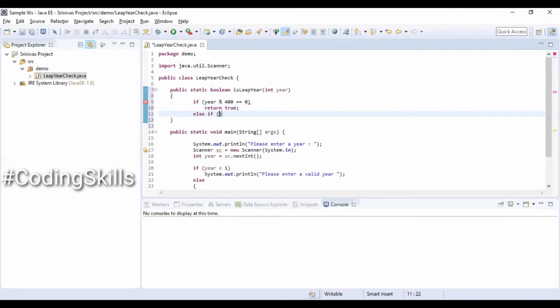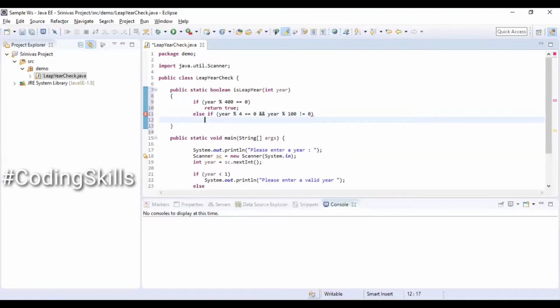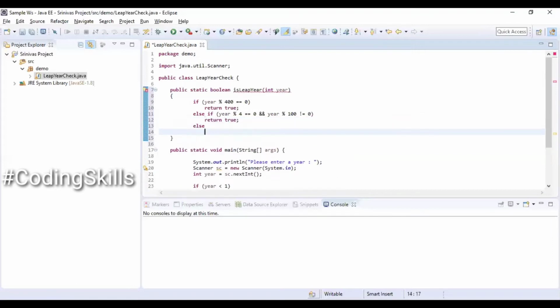Else if year % 4 equal to 0 and year % 100 not equal to 0, if both these conditions are satisfied, then we are going to return true. Else we will be returning false. So right now we are looking at the first approach of this program.